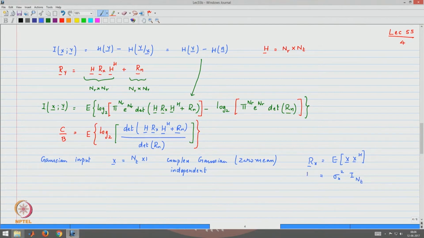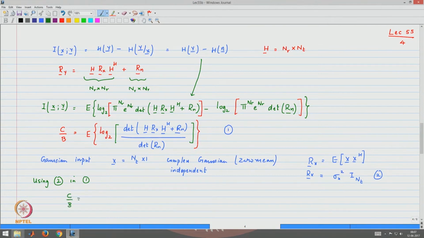So, this is the expression for the Rx. Now, using this value in 1, using 2 in 1, using the result for the Gaussian vector in the expression for 1,